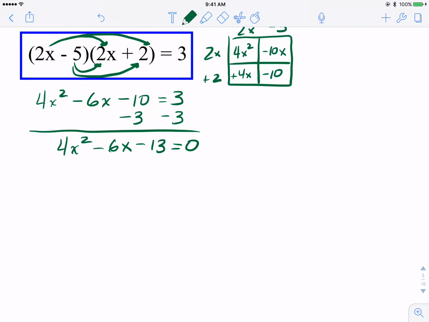I can clearly label and identify what A, B, and C all are. So A will be 4 in this case. I include the negative sign, so B is actually negative 6, and same thing with C. Okay, the quad formula, which I'll rewrite up here,